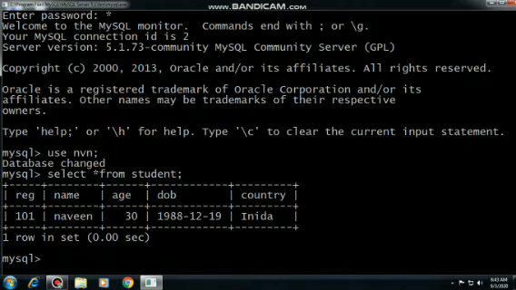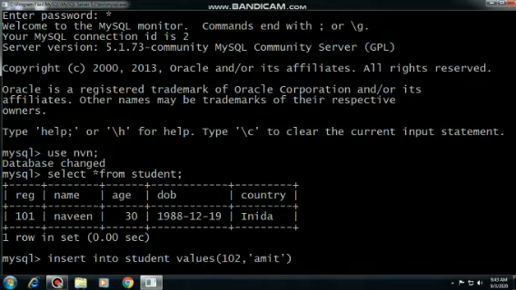To enter different records, we will apply the insert command. So insert into your table name, that is student, values, or you can write value also. First of all, you have to give the registration number, comma, name of the candidate like Amit, comma, age 25, comma, date of birth.